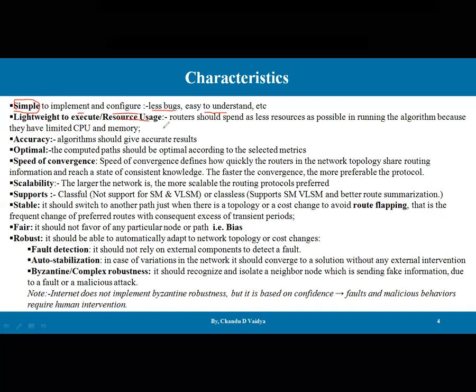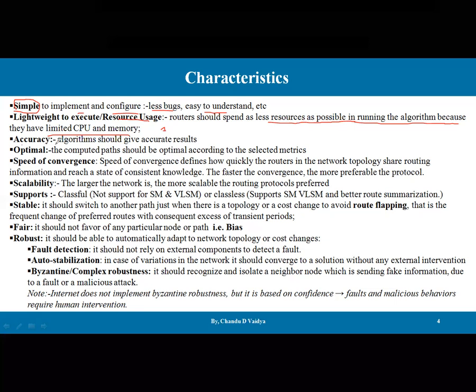As we know, guys, there is a routing table available. In order to process that routing table, we require capacity or resources like CPU and memory. That's supposed to be very little. So a router should spend as few resources as possible in running the algorithm because they have limited CPU and memory. Generally, routers have IOS, that is Internetwork Operating System, but it is not that powerful. Only a few parameters are going to be understood, like routing tables.